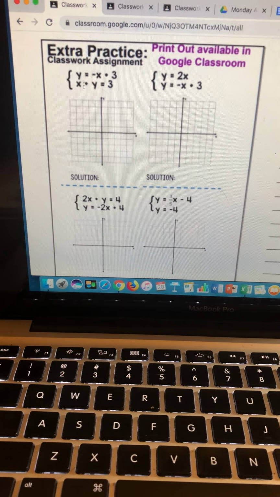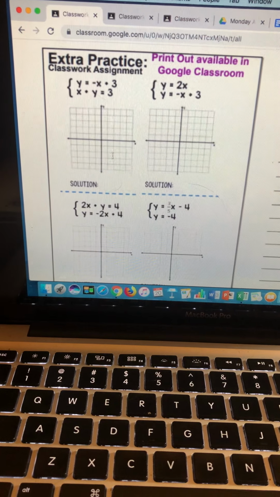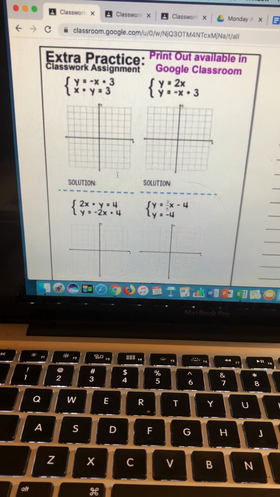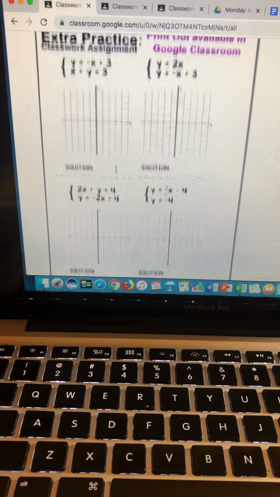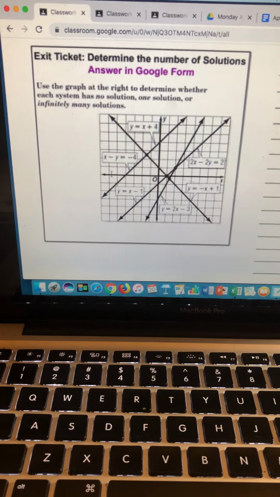So you're going to graph the system on the coordinate plane provided and then identify the solution at the bottom. Okay? Once you do that, there's an exit ticket. Now I wanted to just go over this because I feel like it looks a little